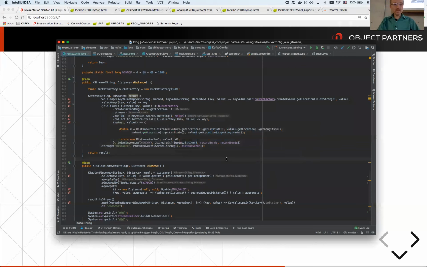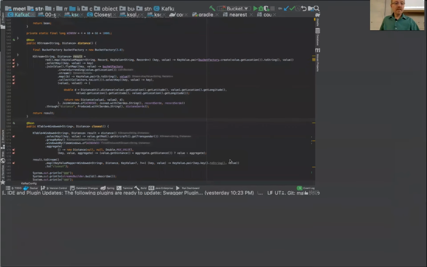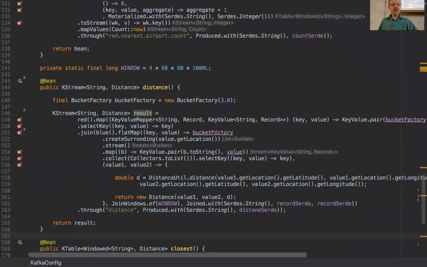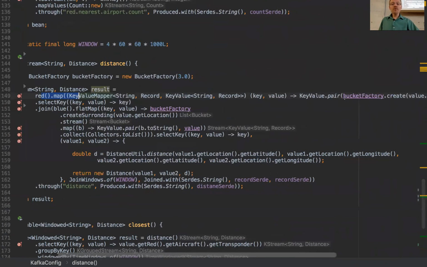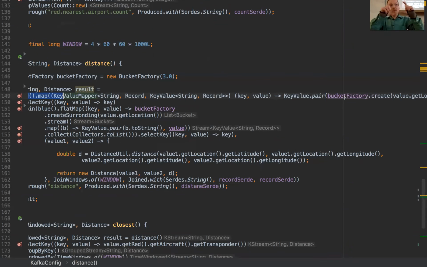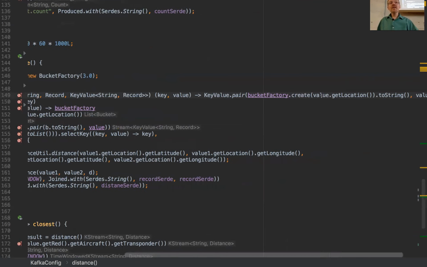So let me bring up presentation mode. In the slides, it's a little bit different. Here, for the nearest neighbor, I take the red planes and select them, but in order to categorize them in that 3D grid, I had to key them by their region.